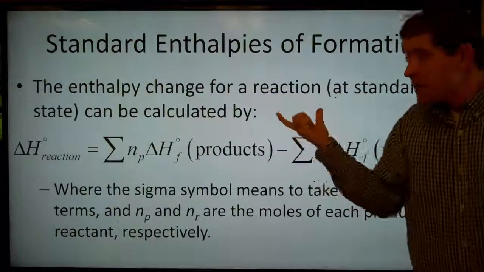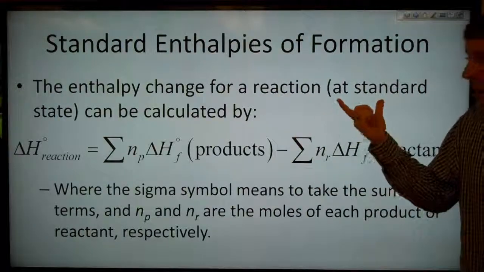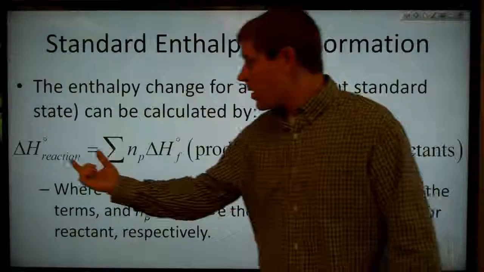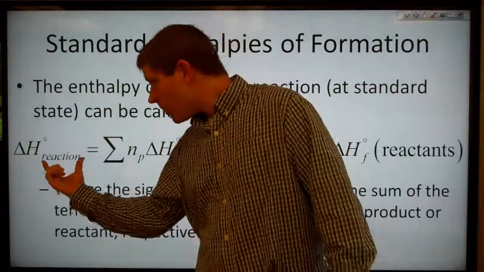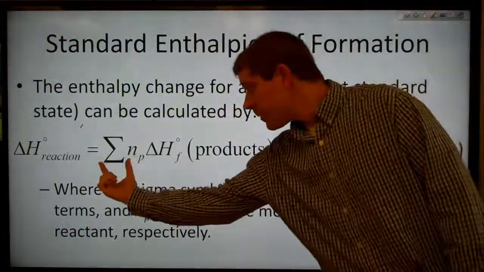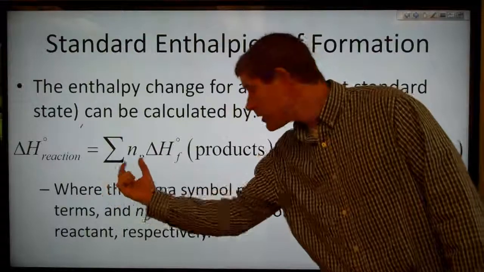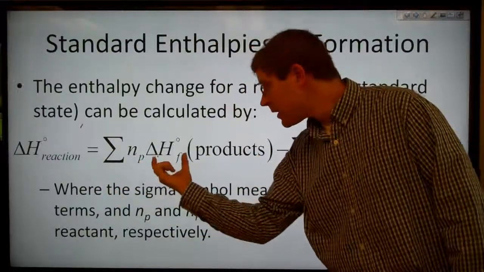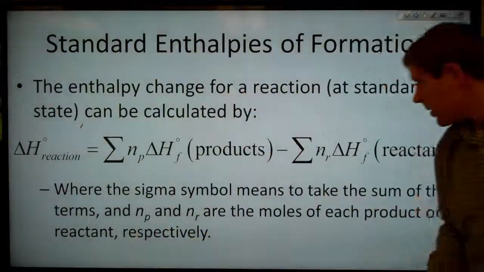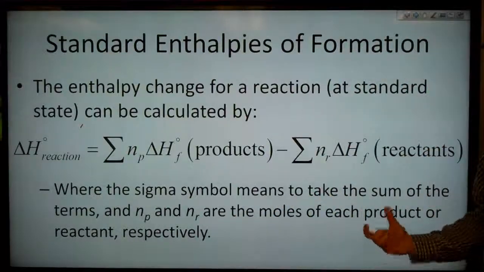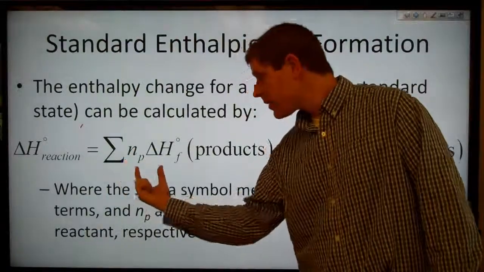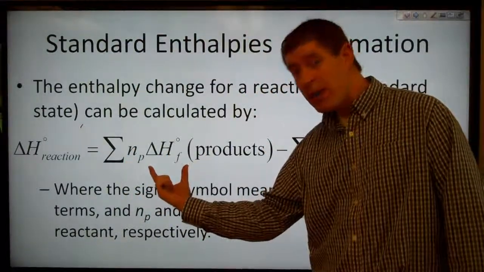So this now means that our standard change, the enthalpy change for a reaction at standard state, can be calculated by something that looks like this. So here we have delta H reaction naught. So this is the enthalpy change for our reaction at standard state, is equal to the sum. That's what this capital sigma stands for, the sum of n_p delta H_f naught of our products. So n_p here and the n_r over here are the moles of each product and reactant respectively. So we have the number of moles of each of the product times the enthalpy change of formation of that product,